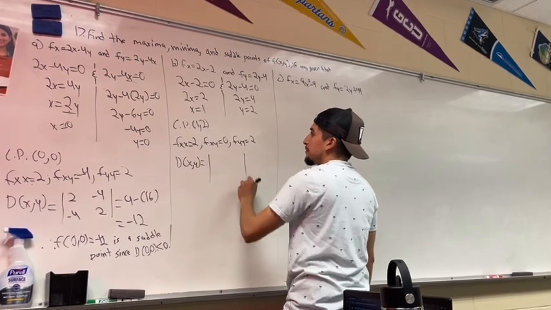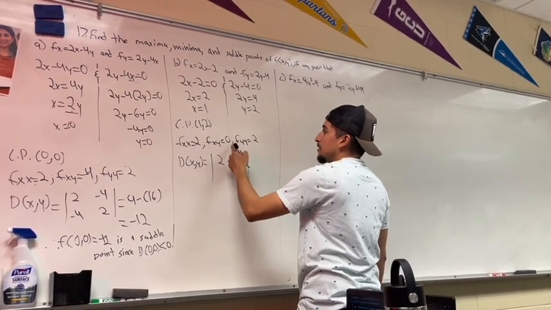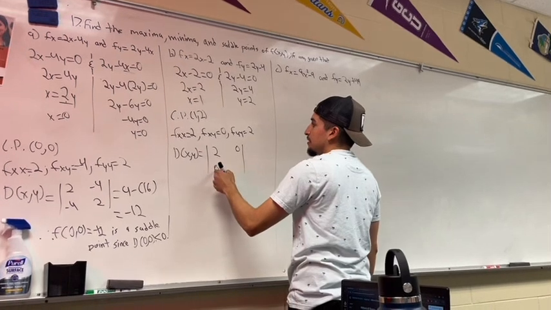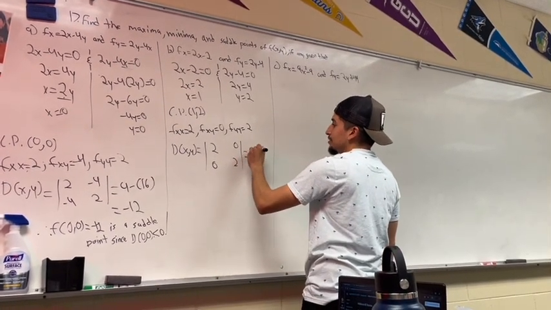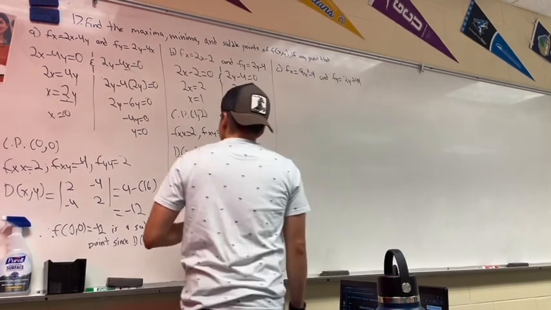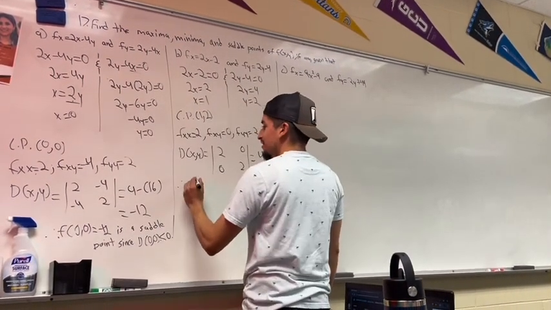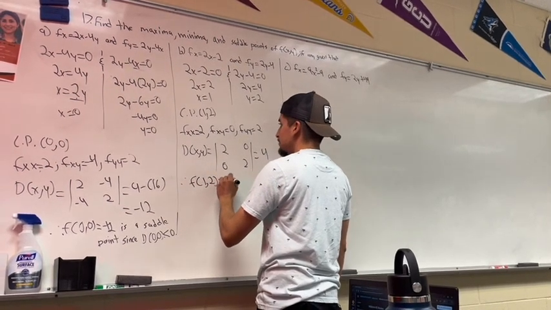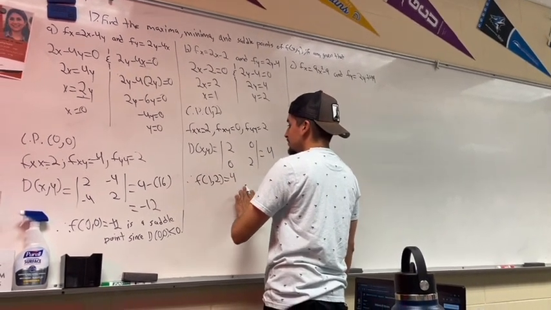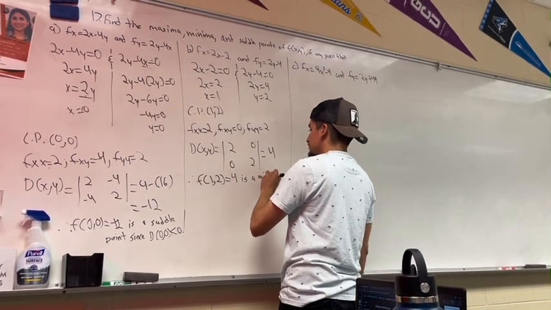We have our 2, our 0, 0 again, the partial of yx, and then 2, which just equals 4. Therefore, our D of (1, 2) equals 4, is a minimum point